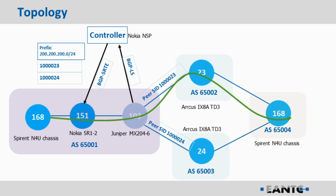We have a controller from Nokia, NSP. This is the controller which is steering the PE router Nokia SR12 to the proper autonomous system exit. We have also the Juniper MX204 router, which is the ASBR. This router is then generating to the topology information about the peering sets between autonomous system 65001 and 65002 and